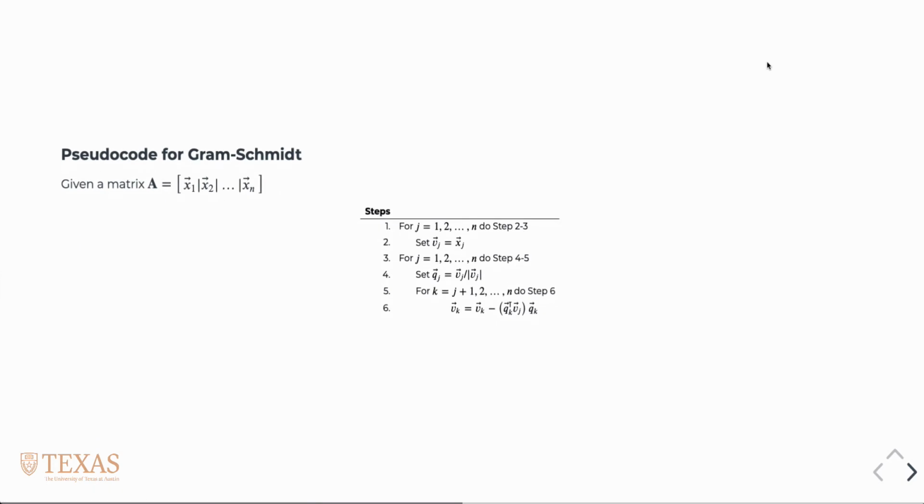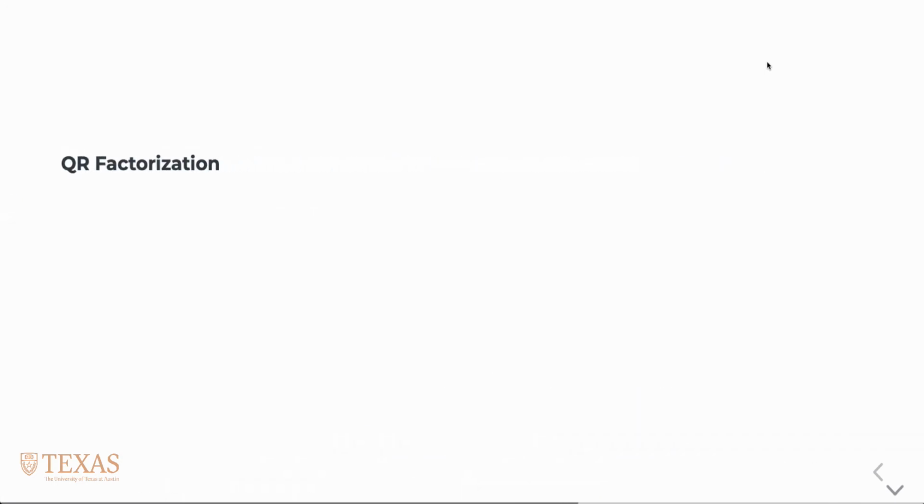And here's the pseudocode for that. That does generalize to higher dimensions, and that was the case with the pseudocode there. You had n number of vectors. So a QR factorization would be, if we start with a matrix A, we can decompose it into Q and R, where Q is this orthonormal basis and R is that rotation and scaling matrix. We'll find Q with Gram-Schmidt, and then once we know that,